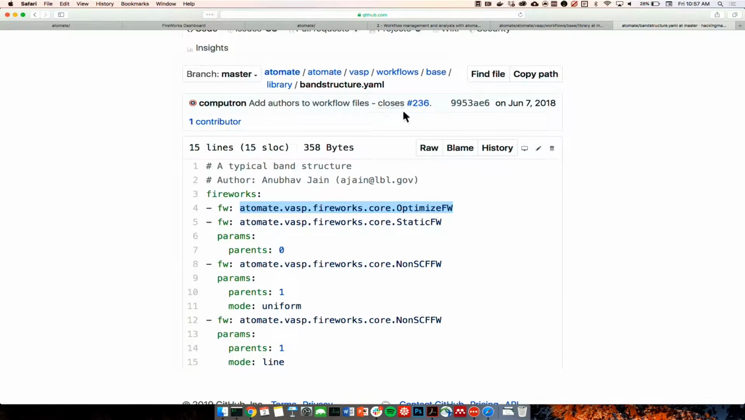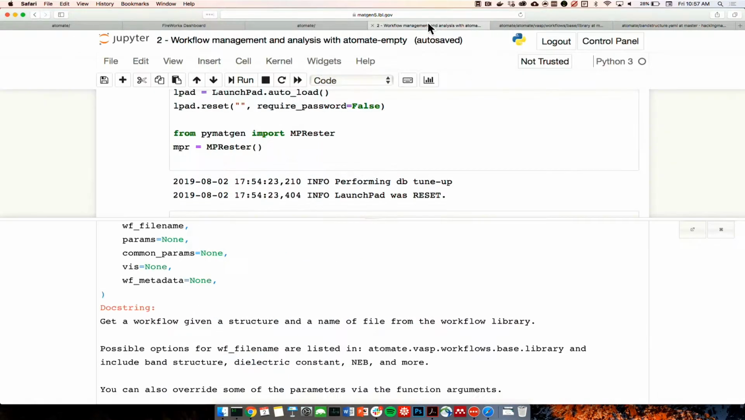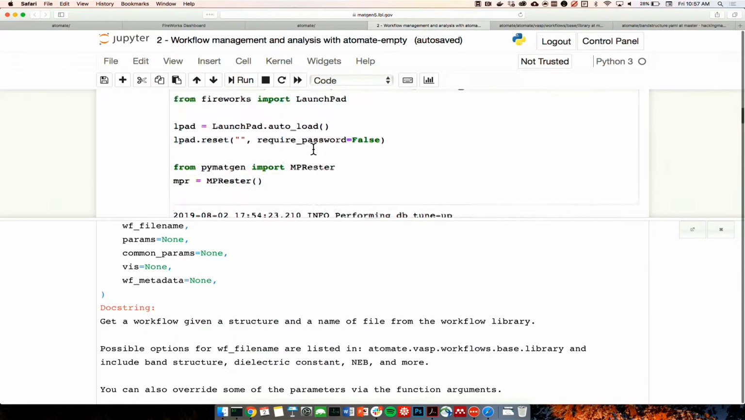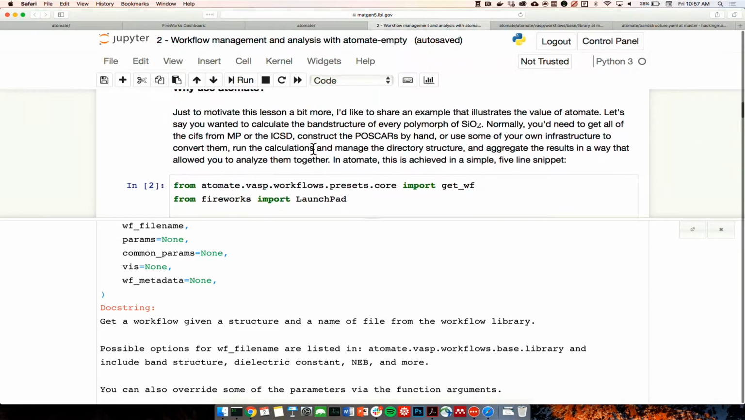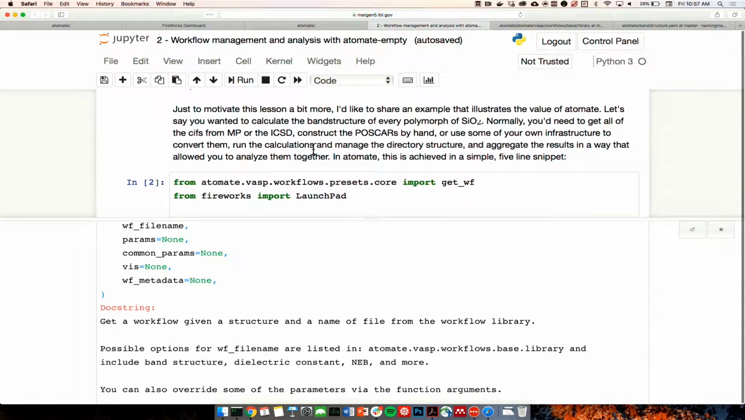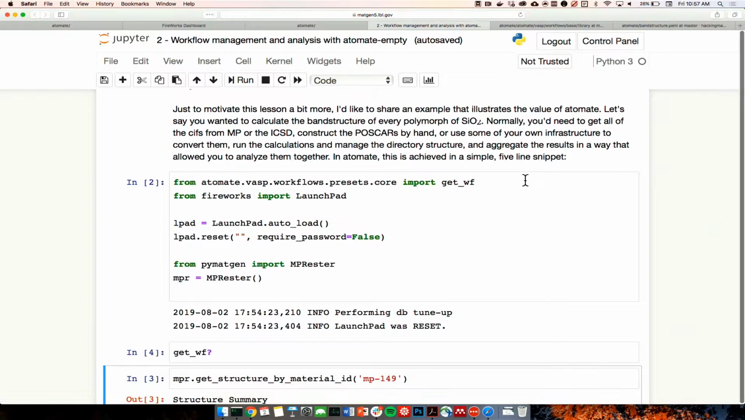So basically, we can use this YAML file to build our own workflow. So how many people here are regular VASP practitioners? Okay, it's about a third of the room. So let's say, a quick example of something that you might need to do in